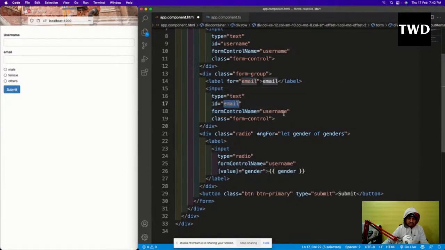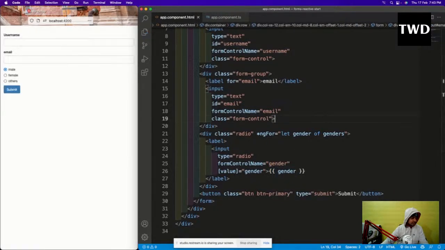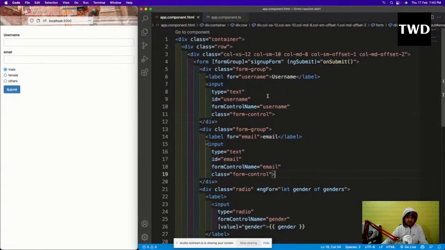So this is email and this is gender, and save it. So this is done, and let us see whether it is working or not.